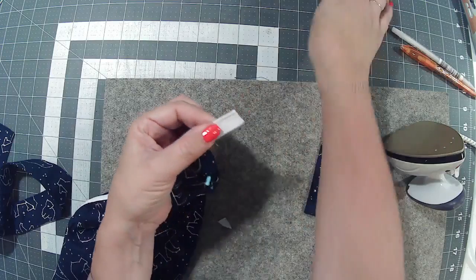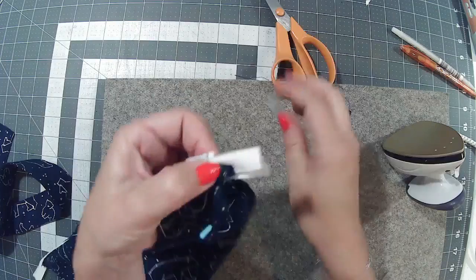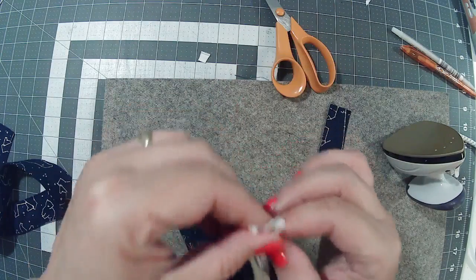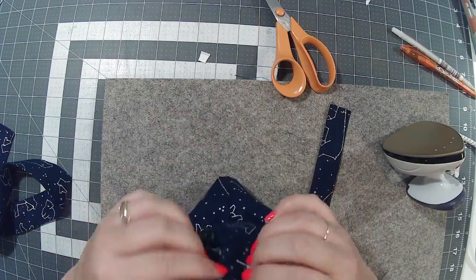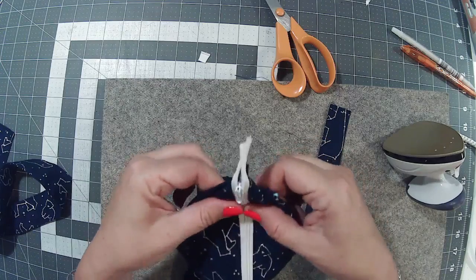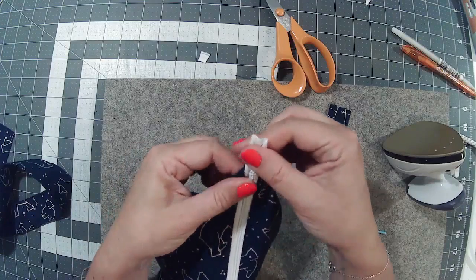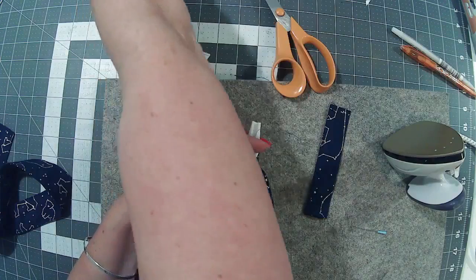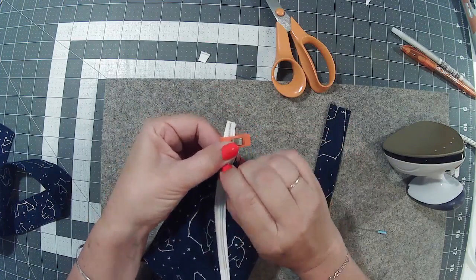Now, this one's quite long. I'm going to trim off a weeny bit, just a little bit, okay? You want about that much off the edge. All right, get that zipper nice and flat. You know when you box corners and you put it flat like that, that's the feeling you want here: you want the zip to hit the side seam. All right, so this is all nice and flat. Get that zip pull out of the way. Let's grab a clip. If I put a clip flat there and get that zip pull out of the way,